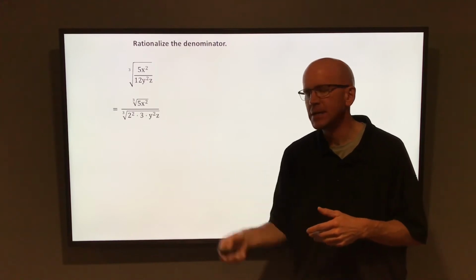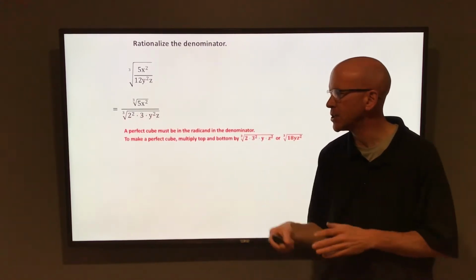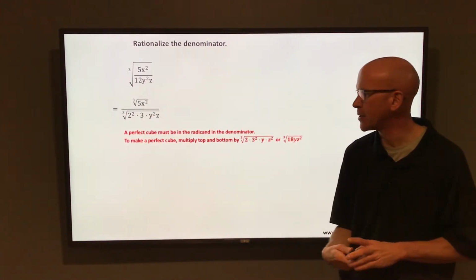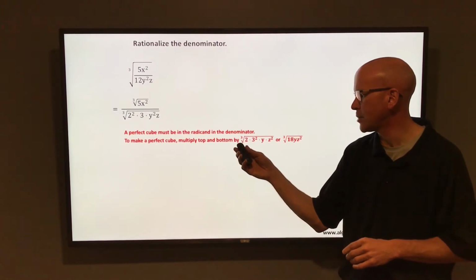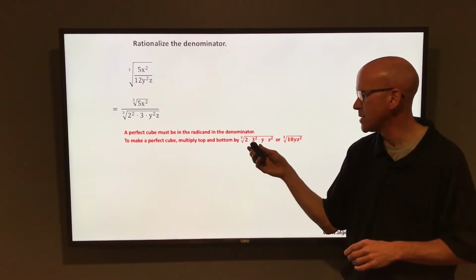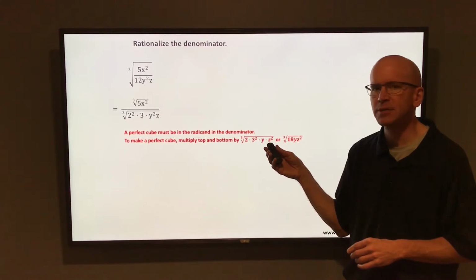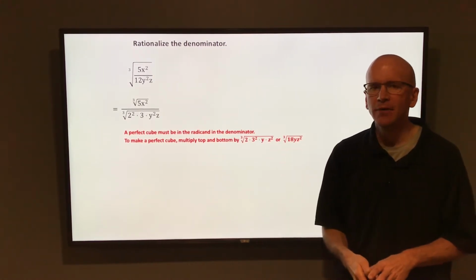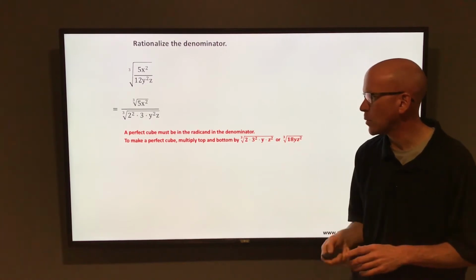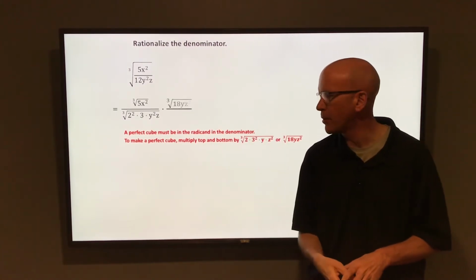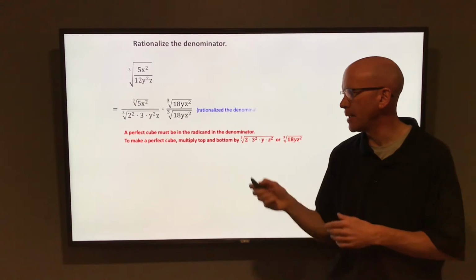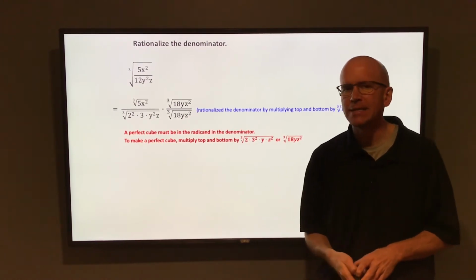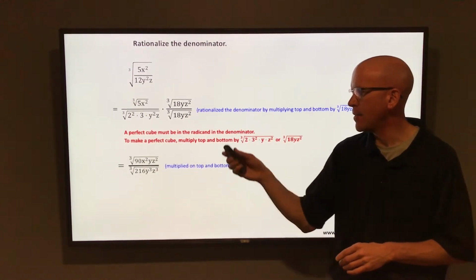And if you have 1 z, multiply by 2 more z's. Change each one of those into a perfect cube. So really you would be multiplying by the cube root of 2 times 3 squared times y times z squared, or in other words, multiply the top and bottom by the cube root of 18yz squared. That'll make that denominator into a perfect cube. So if you do that, multiply the top and bottom by the cube root of 18yz squared, that denominator will